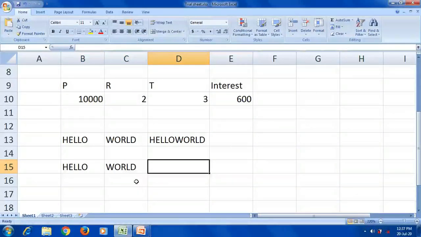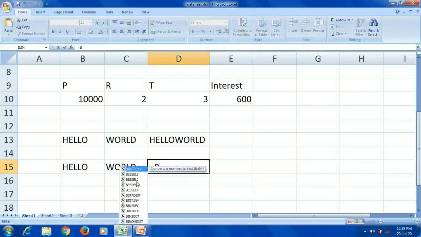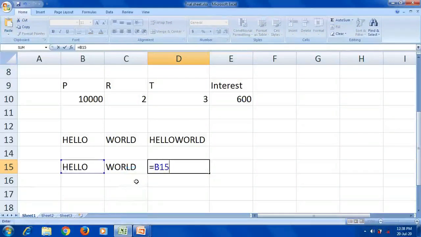In that case, just write the equal to sign, write the address of the first cell, B column 15th row, then write ampersand, then put empty double quotes with a space, then again write ampersand, then write the address of the next cell, C column 15th row.